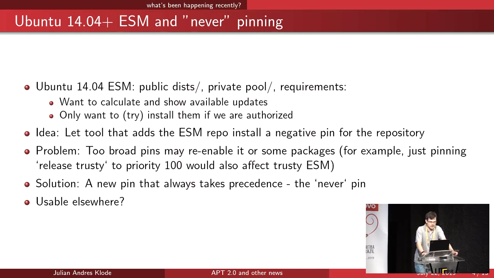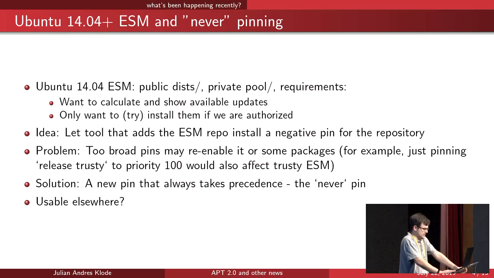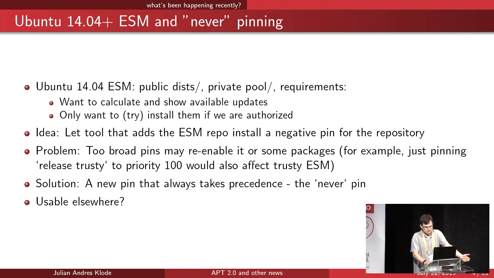So one solution might be to just modify unattended upgrades to pin away the origins it does not want. Any non-security repository would just be pinned to never, and then apt would automatically not install updates from there. That would make things a lot easier in unattended upgrades, and would probably remove a lot of code there and vastly simplify and improve the performance and probably the safety of the whole thing. But we haven't tried it yet, and we'll have to see how it works out.